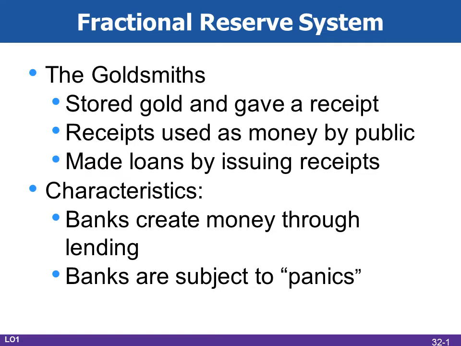Now let's assume it took the builder of this store, the person who got this store up and running, 3 years to pay back the receipts, right? Well, after 3 years, there would be exactly $1 million worth of receipts in circulation and $1 million worth of gold at the goldsmith's place. So again, we'd be back to a one-to-one system where there were exactly as many receipts issued by the goldsmith as there was gold. Second important idea here is that when loans are repaid, money is destroyed, right?